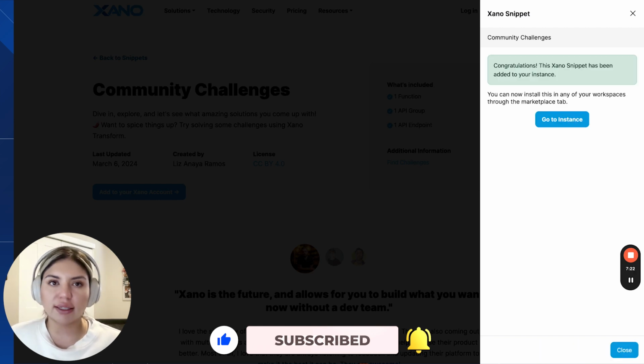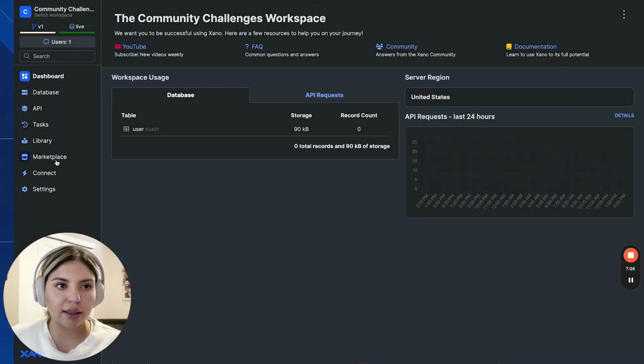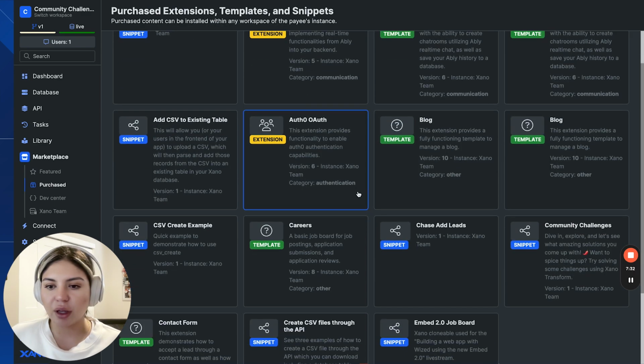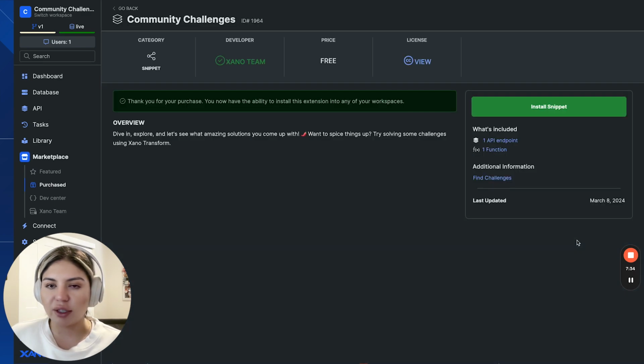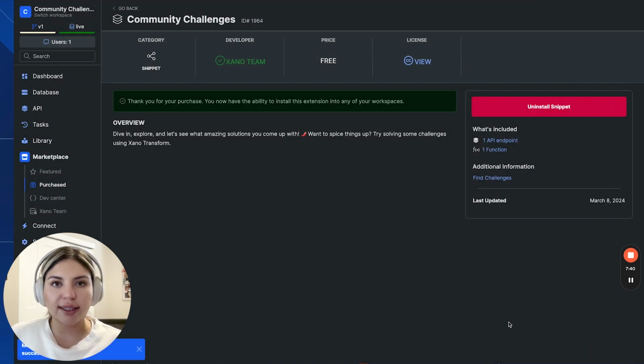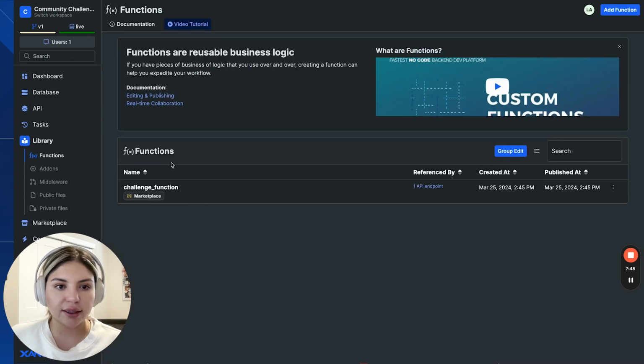So now once the snippet has been added to your instance, we're going to go ahead and access our workspace. We'll go to Marketplace, then select Purchase. We're going to find the community challenges snippet, and we're going to go ahead and install this. Once it has been installed, we can go ahead and get started with these challenges by going to Library, Functions,